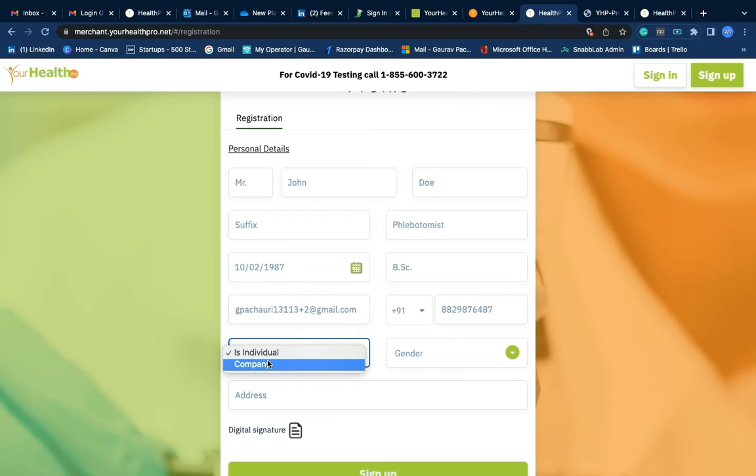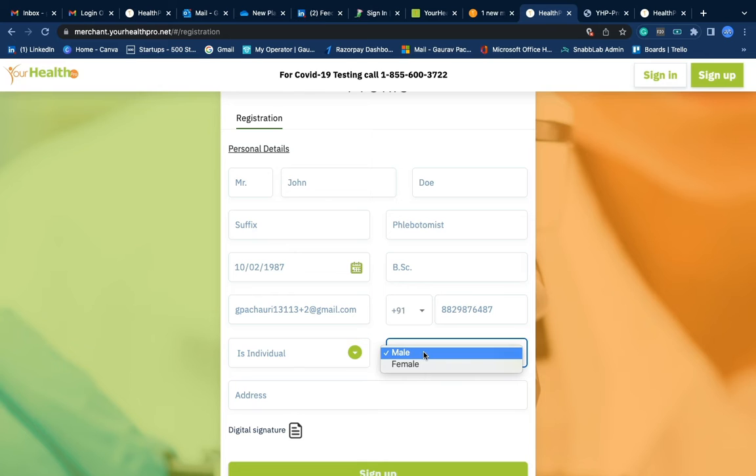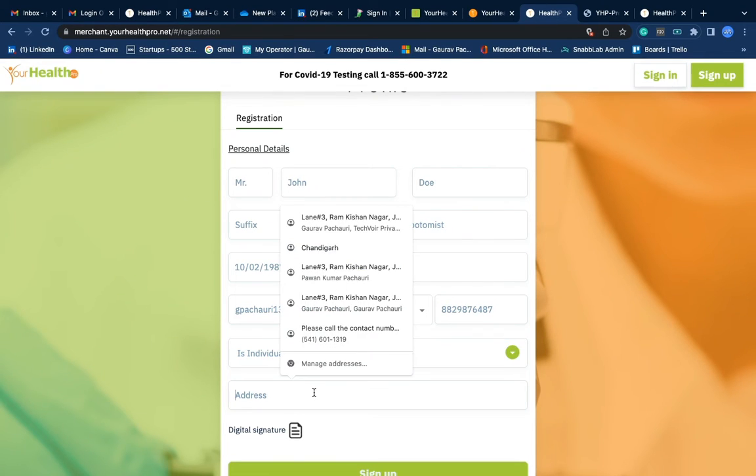Now, here what you see is an option to join as a business. Say if you're a registered business in phlebotomy or in healthcare, and you want to avail your services to our customers to scale your business, you have an option to do that by clicking on company. Or if you are an individual provider, you have an option to click on individual. You have to put your gender, and